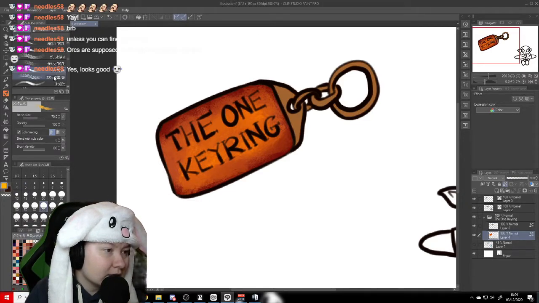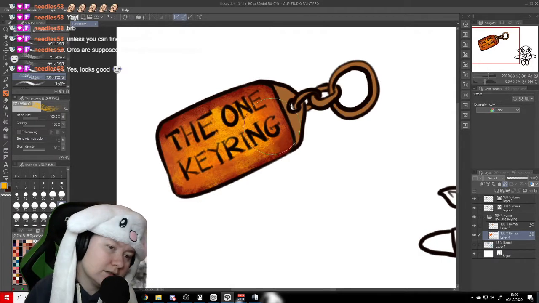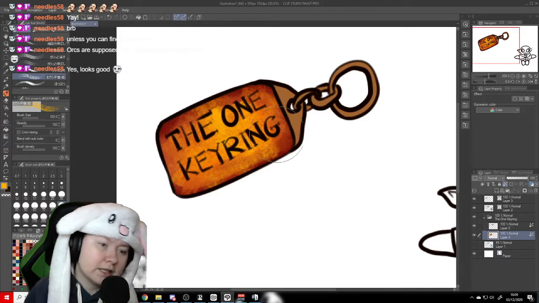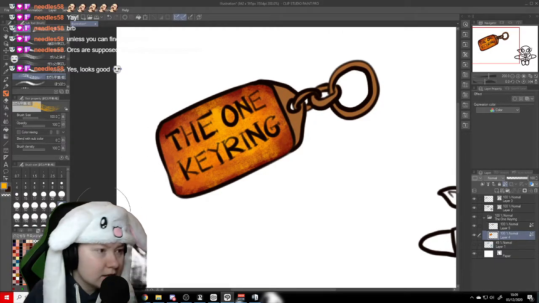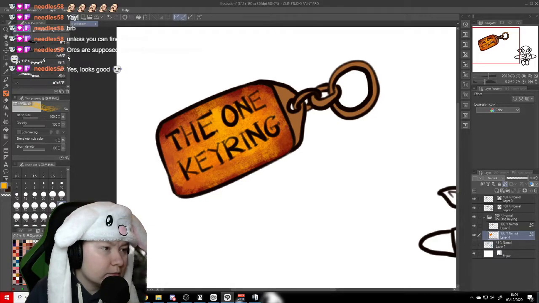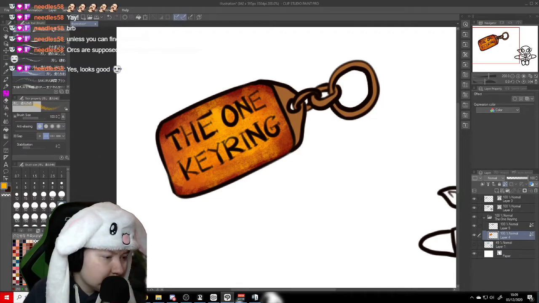And then let's try this one. See what this is like. Ooh, yeah, I like that. Add some yellow right in the middle. That's quite nice. And then I think quite nice is if I go back to that quite scattery brush,